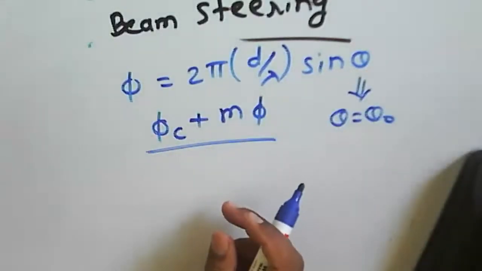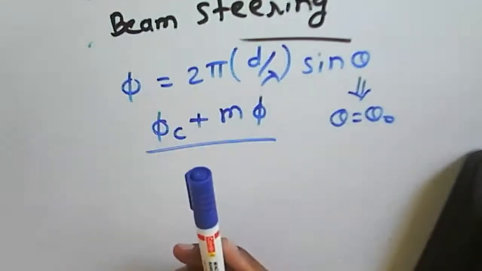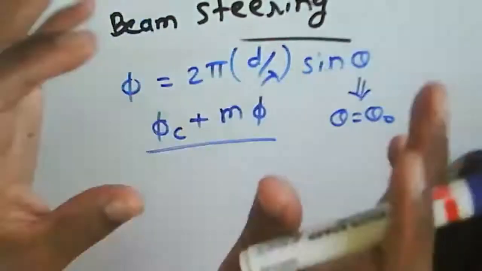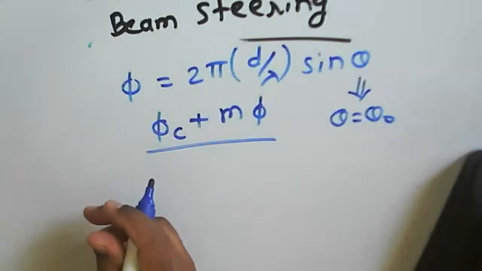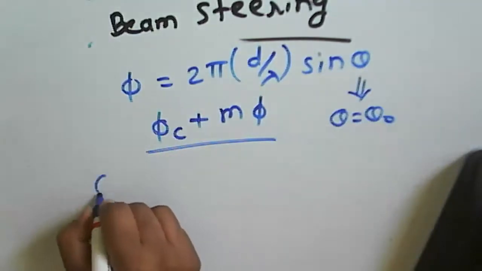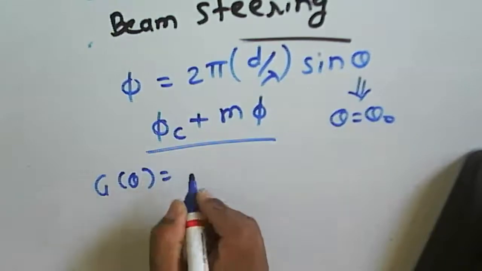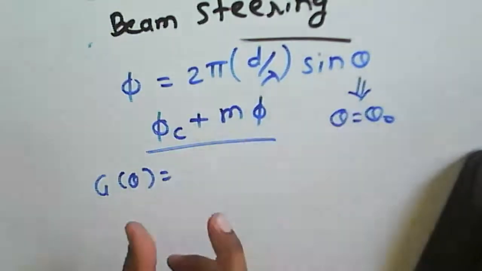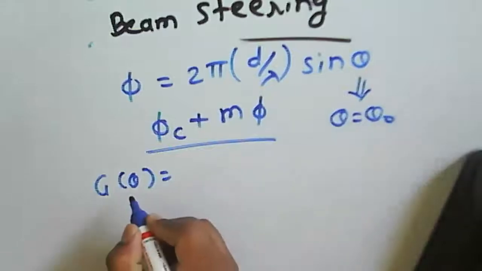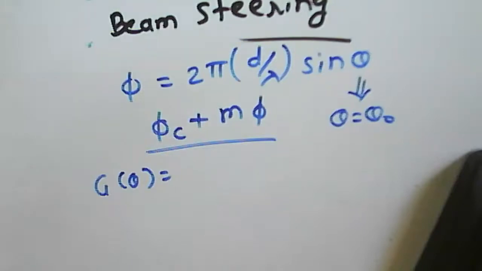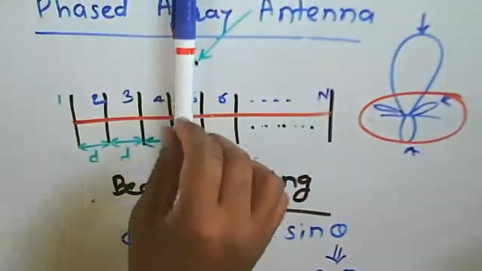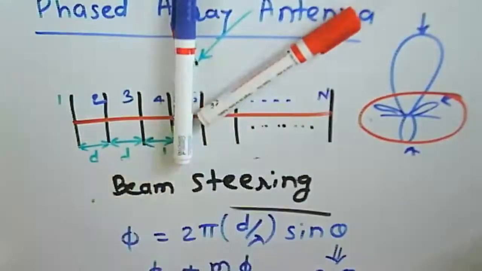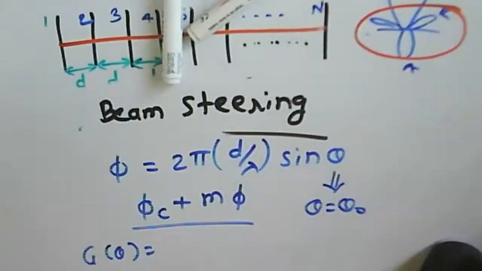So we are getting the maximum radiation, which will generally be perpendicular if we consider the same phase here. In that case, we can obtain the radiation pattern g of theta in terms of theta 0 and this particular theta here. Now the position of this particular radiation pattern, other than this perpendicular, we can change by varying the phase there. So how to